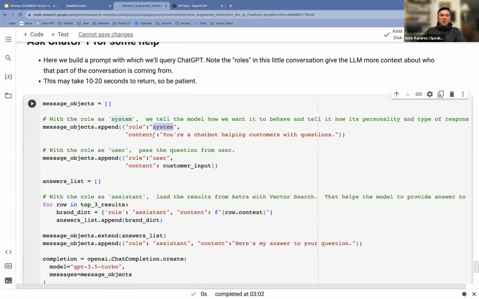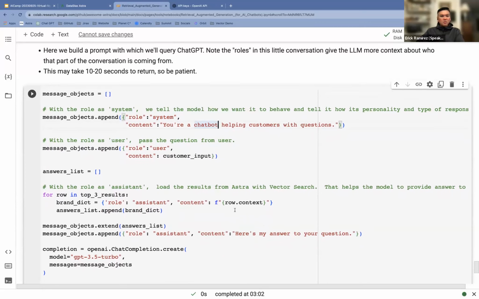For example, you can tell it in the content, you're a funny chatbot that gives rude answers to customer questions. And when it writes the answers, it comes out rude, but it still gives you the correct answers. But we're going to be nice here because we're doing a demo. So it's just a chatbot to help with customers.